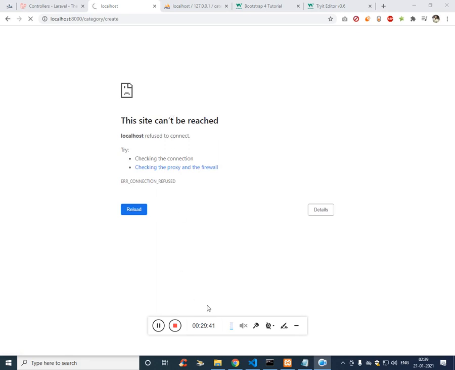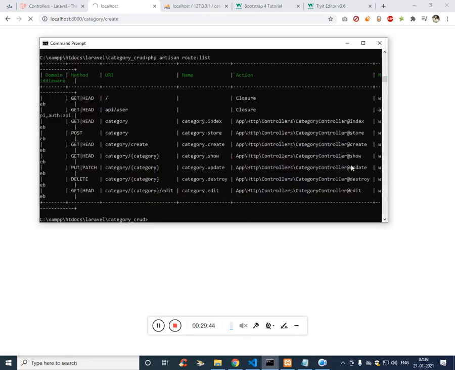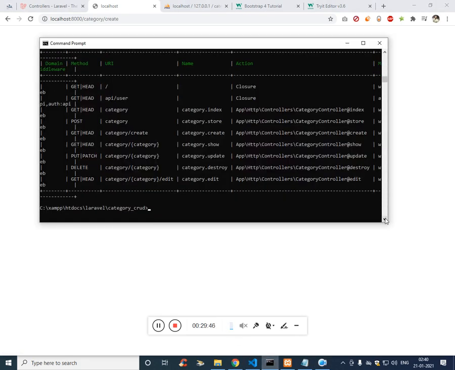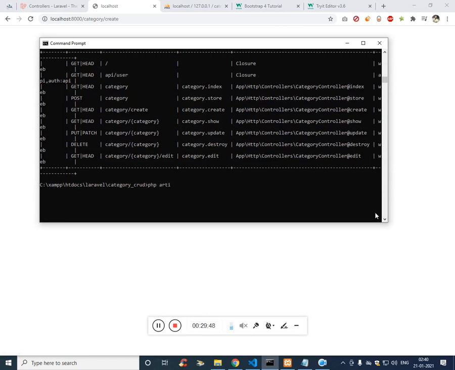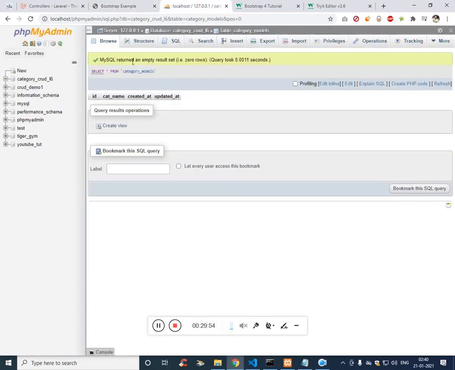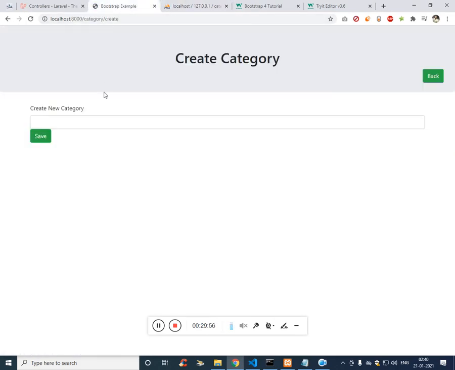we haven't run the server yet. php artisan serve. So it is blank. Let's add two-wheelers, click on save.